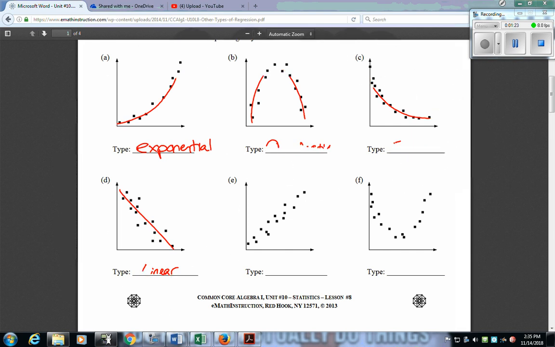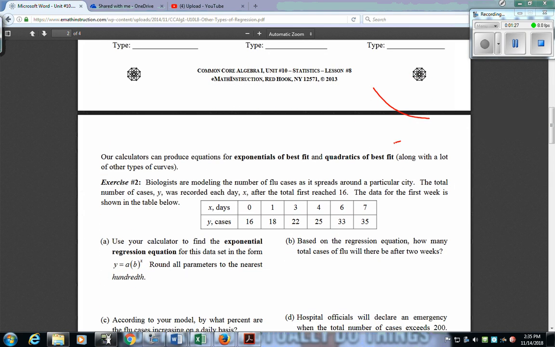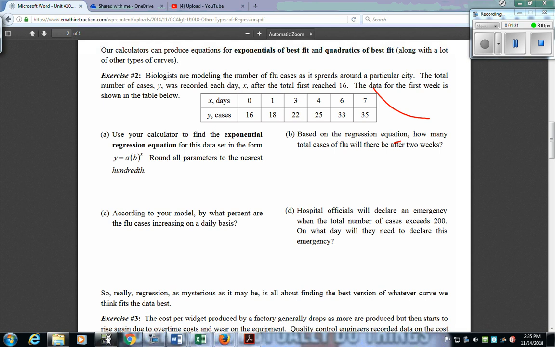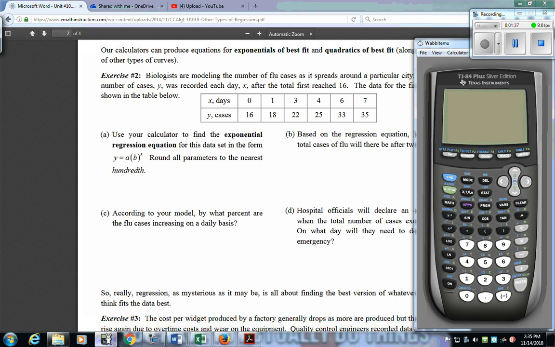So we're going to move ahead to an example. Exercise 2 talks about biologists modeling the number of flu cases as it spreads. So I'm going to pull up the calculator, I'm going to pause the video, and I'll come back with the numbers in the stat section. So right now I have those numbers in that I was talking about,